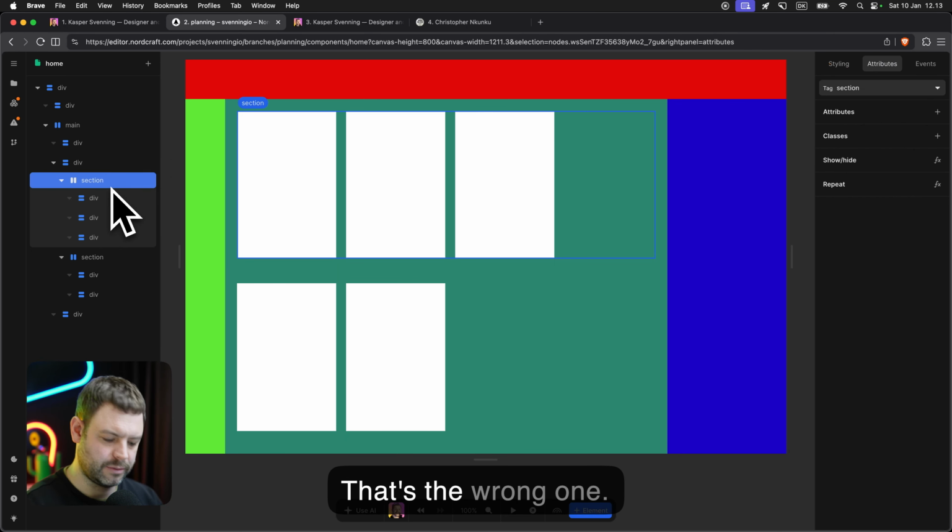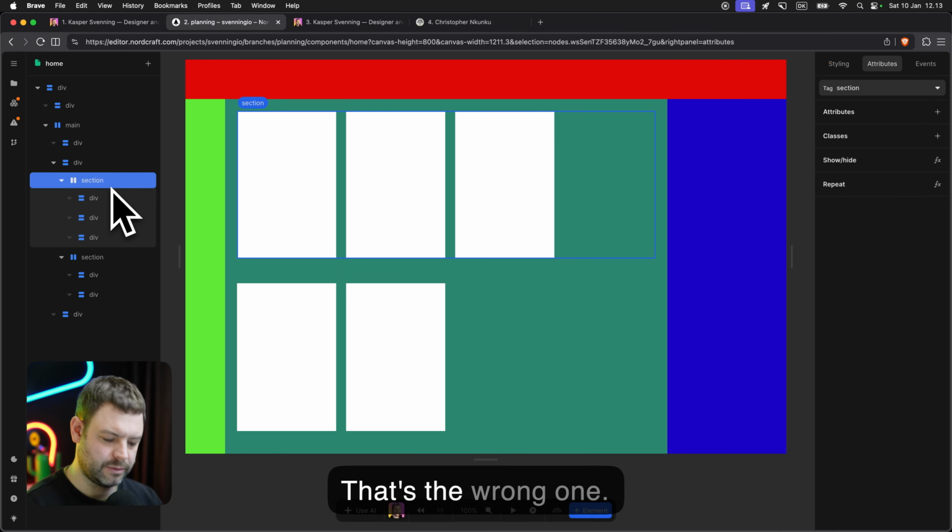That's the wrong one. Let's just do plain HTML, please. Thank you very much. There. Oh, then I need to wrap those guys again. Wrap element, wrap. Making sure that this flexes as well. Go, flex with a bit of gap. And the overall section needs to be a column, right?